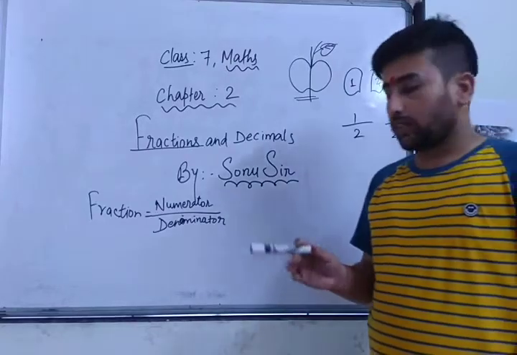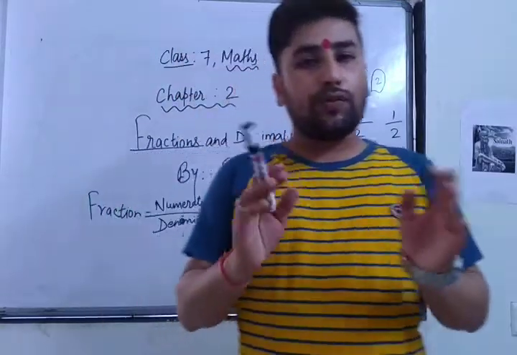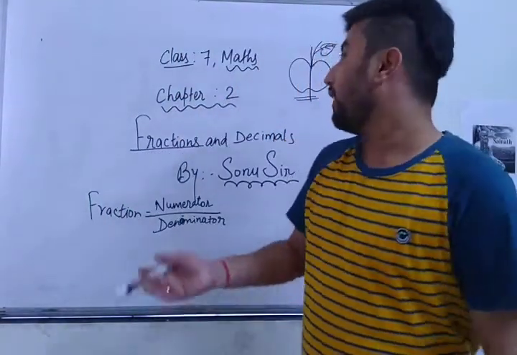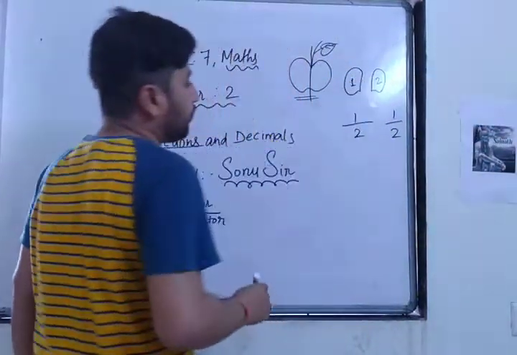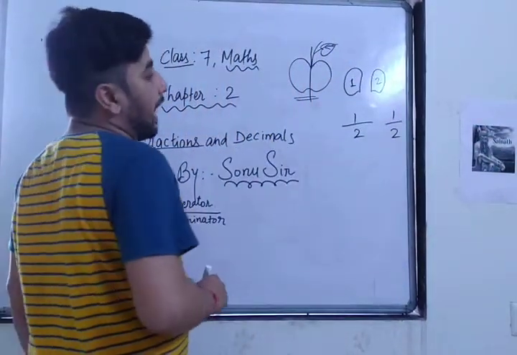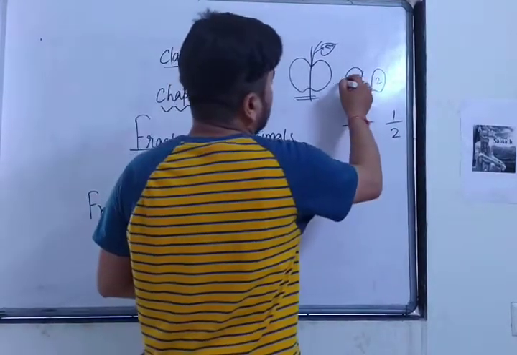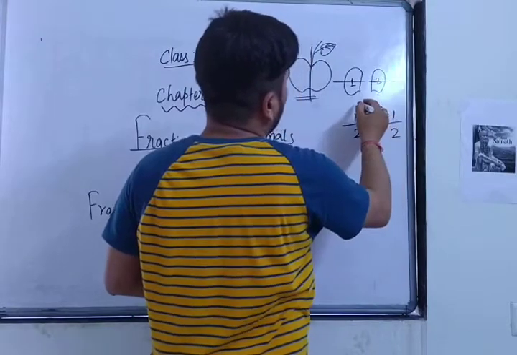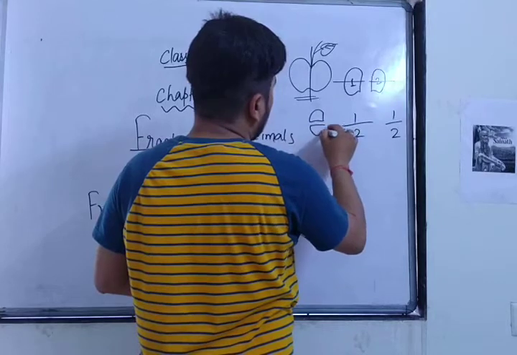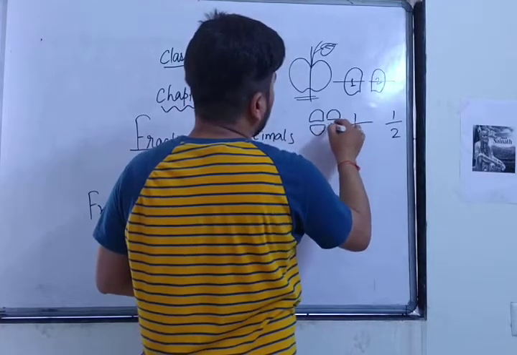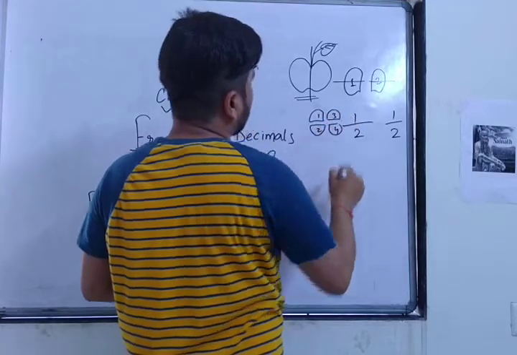So first of all, as you have understood about the fraction, fraction means a part of the whole of anything. Just suppose, as I was eating the apple here, I have got 1 more part. Now I have cut this apple again into 2 parts. Again I have cut into 2 parts. So now there are total how many parts? You can see here, there are now 4 parts of the apple. Okay? 1, 2, 3, 4.